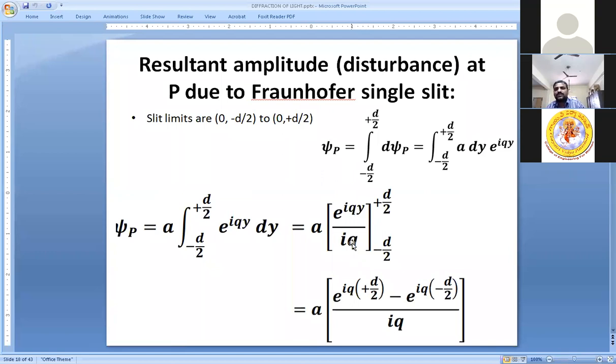So e power iqy divided by iq, and hence if you substitute the upper limit in place of y, which is e power iq into d by 2, and the lower limit also in place of the same y, you have e power iq d by 2 for the upper limit minus e power minus iq d by 2, which is the lower limit, divided by iq, is the resultant integration value, right? In the next slide,